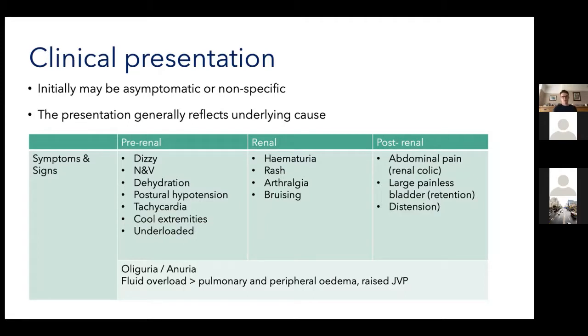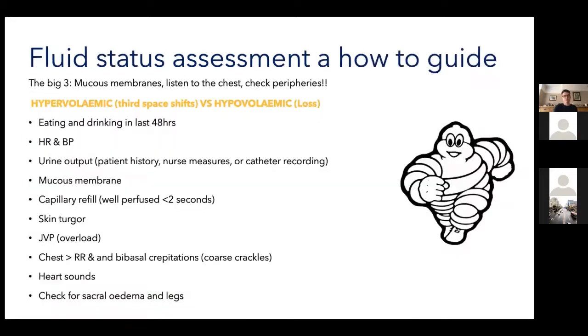And along the bottom, don't forget fluid overload. That's more for renal and post-renal, but it can actually be a cause of pulmonary edema. I think people think heart failure with pulmonary edema, but AKI in extreme can cause peripheral and pulmonary edema. So this is something I've only really picked up this year. It's probably more of a 5th year thing to be concerned with, but it can be an OSCE station and